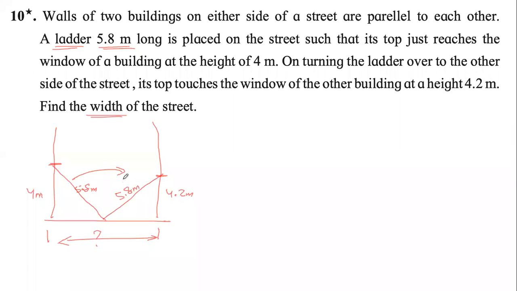How is it related to what we are studying? Yes, it is related. You will see when you write A, B, C, D, E. We know that buildings are constructed parallel or perpendicular to the ground. That means angle B is 90 degree, angle D is 90 degree. That means we have 2 right angle triangles now, triangle ABC, and triangle CDE. If we have 2 right angle triangles, it is very clear that Pythagoras theorem is applicable.